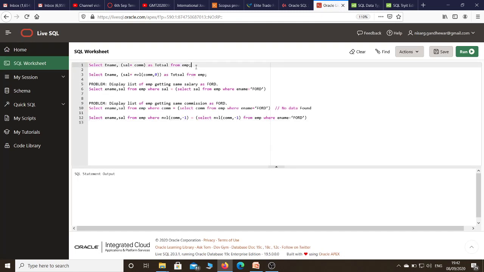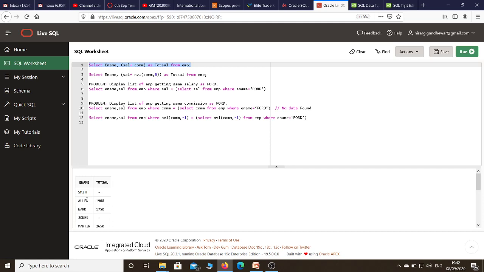So first of all we execute this query. Let's select this and try to execute it. Here we got the output. For employee Smith, the total salary is null. Why is it so? Because here we are not using any kind of function. Here it is salary plus commission. The salary for Smith is 800, but the commission is null, and if we add any value to null, it becomes null. So in that case, we are not getting the correct output. How do we modify this query so that we get the correct output?